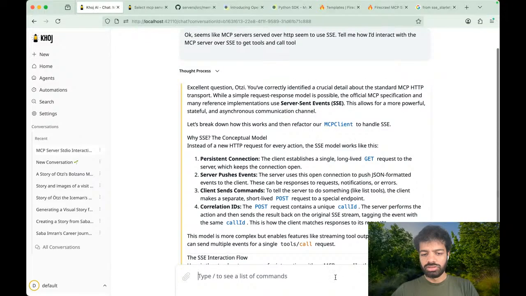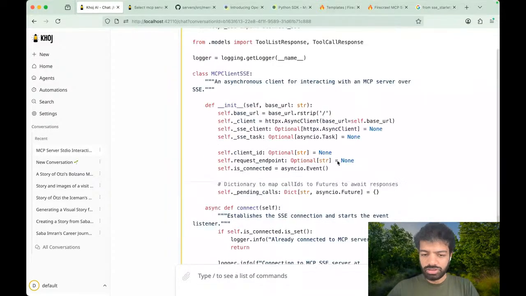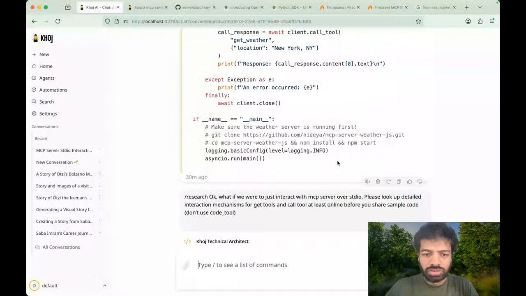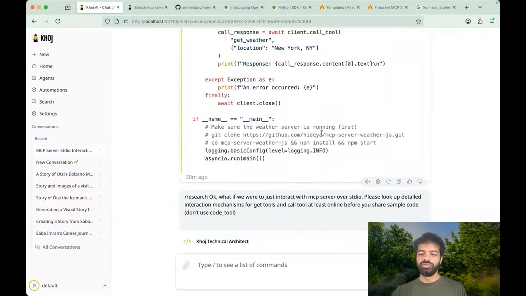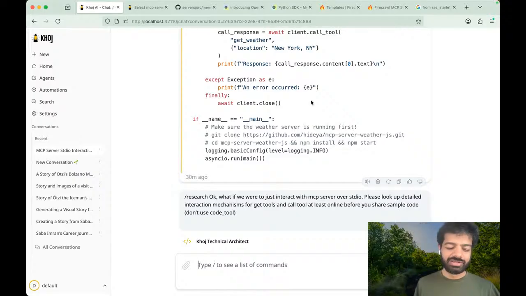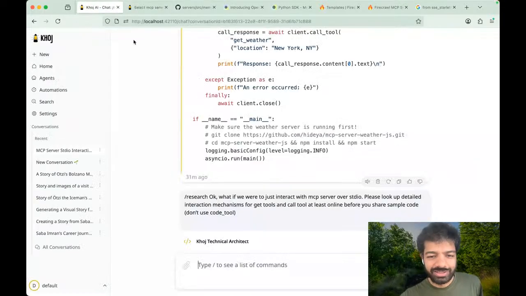Need to refresh the client, so we don't have to deal with the WebSocket issue. It's kind of funny, it may have tried to, well, it didn't get to it, but while trying to understand how to integrate MCP into itself, it failed to do research because it had a half-baked MCP implementation in it, which is why